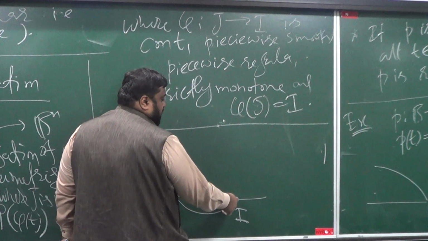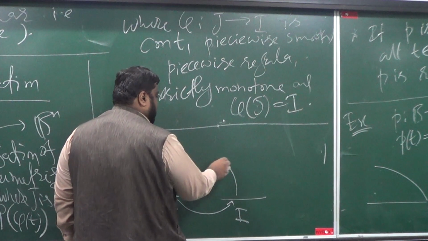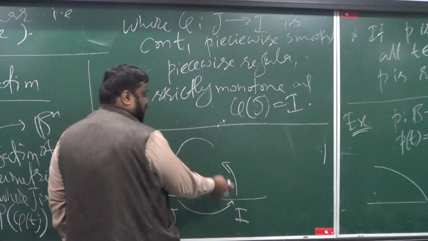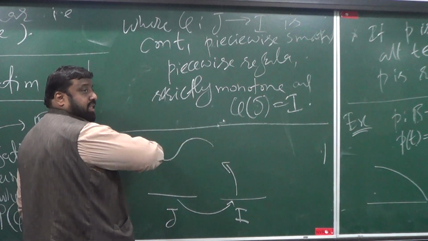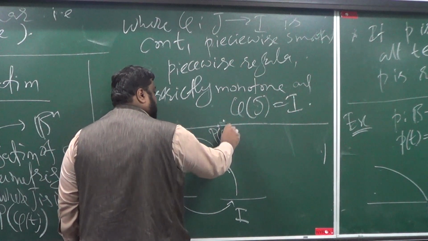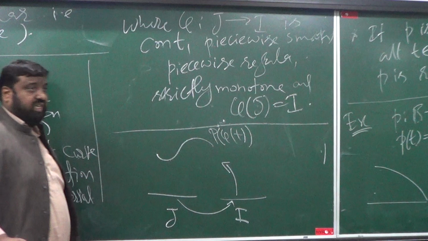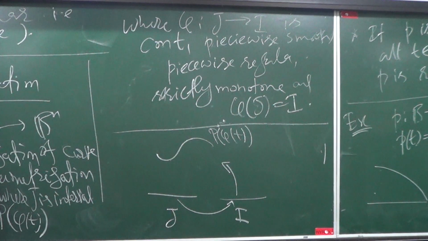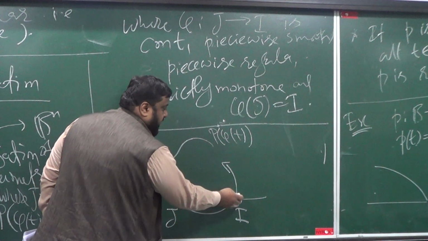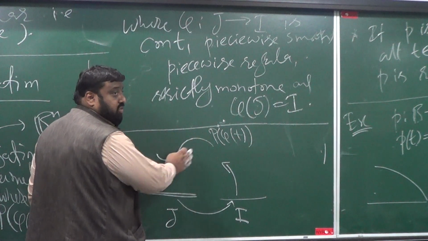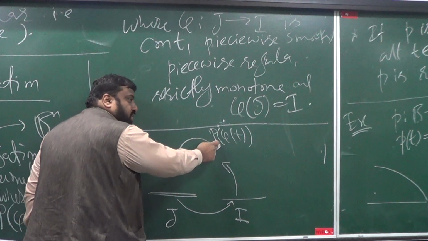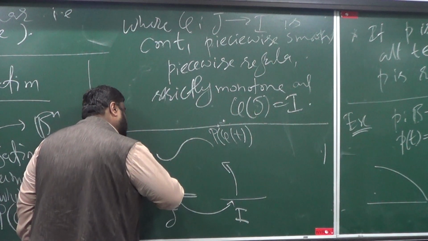So the P is going to take me from I to where? It's going to take me to the path actually. It's going to throw me onto the path. Are you getting the point? So this is P of phi of t. Can you see J mapped onto I, and I mapped onto this path? You can call it P of phi of t. And we are saying that this P of phi of t should be the same as